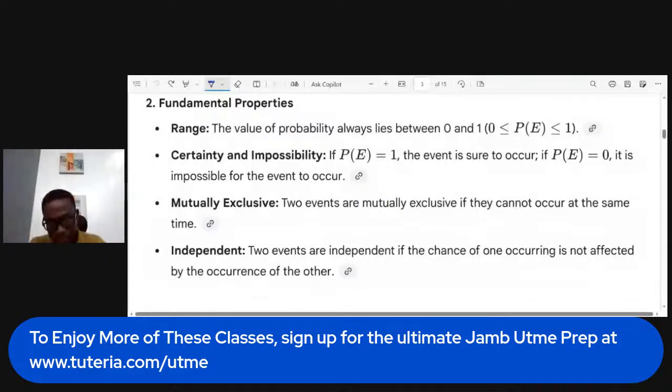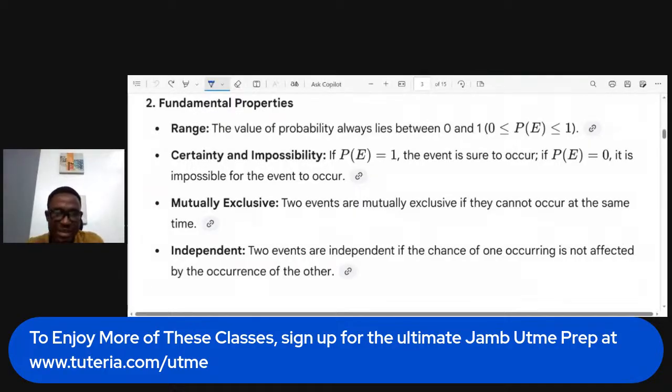Meaning that it is certain I will be in school till 3 p.m. But if someone should ask, what's the probability of you staying in school till 6 p.m.? You know that school closes at 4 p.m., right? Even though you play with your friends after school, you know that give or take 1 hour, you're done. And you're not sure whether you will still be in school till 6. That means it is uncertain. So you can say the probability of that happening maybe is 1 over 2. Half. I can be in school or I might not be in school. But the probability of you being in school till 3 p.m. is certain. It is 1. So that's what we mean by certainty in probability.